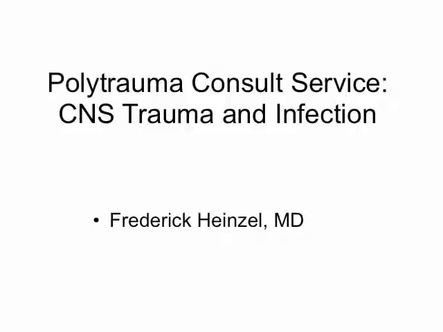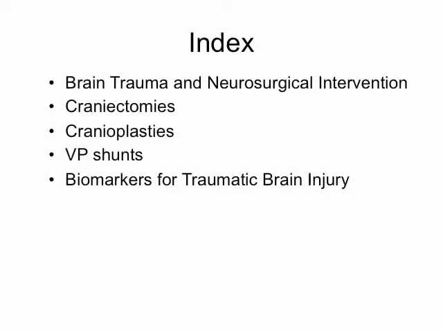This is a modification of a previous talk I gave on polytrauma CNS infection. You may recognize a few of the slides, but for my goals today, one is just an overview of brain trauma neurosurgical intervention in the polytrauma patients and the unique problems that arise from that, including the use of craniectomies to decompress the brain, but the complications of those, the use of cranioplasties to fix the craniectomy hole, and the complications of that. Some discussion of EP shunts again, and use of intraventricular antibiotics,